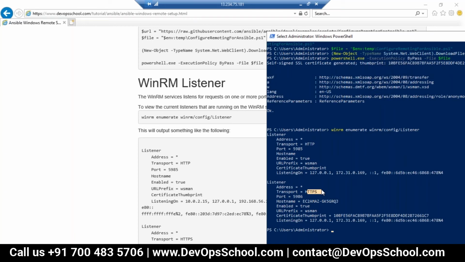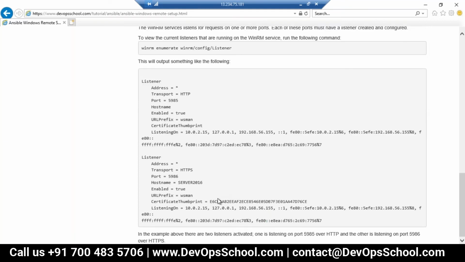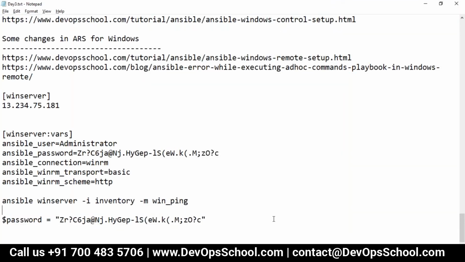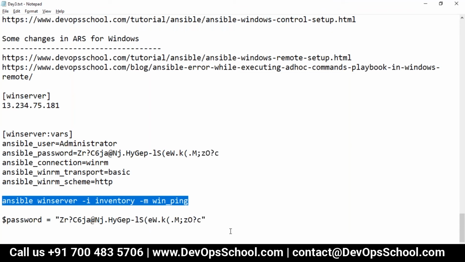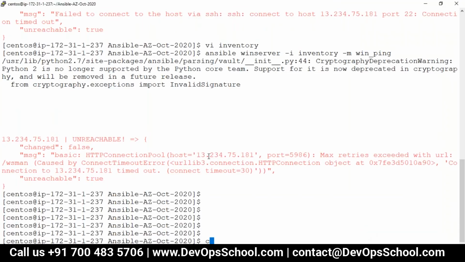Now this Windows is listening on HTTP and HTTPS, but because we don't have certificates and all, I'll turn it to HTTP. Okay, that's all. So guys, these are the things we did. Now, can I do ping? So clear the screen.